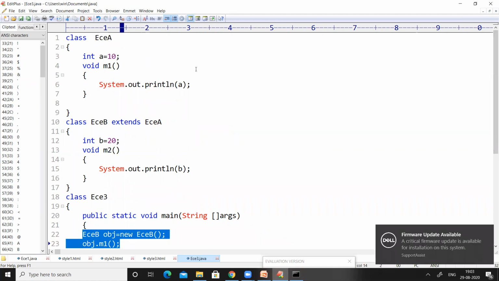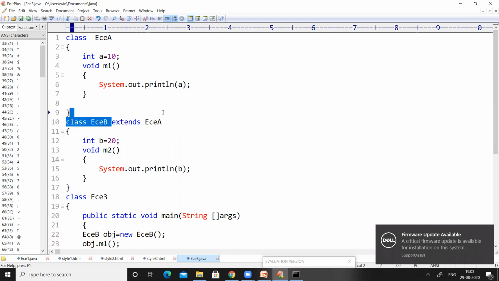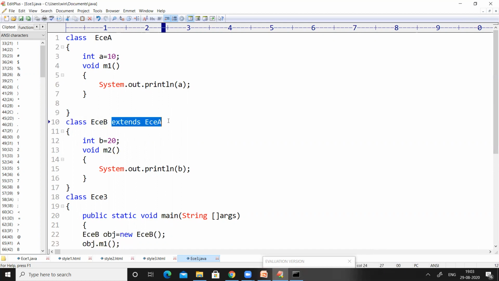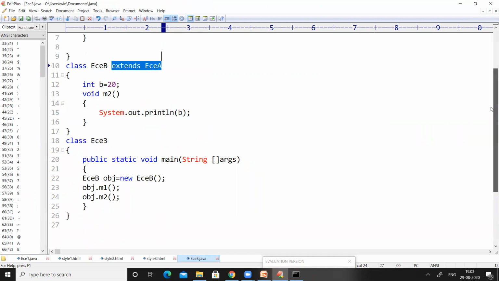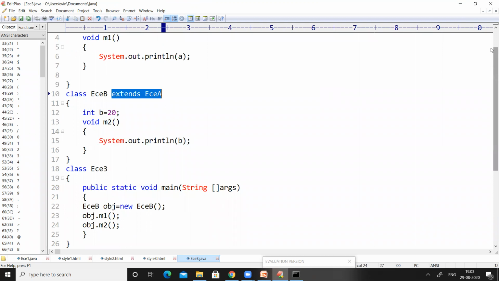How is it possible? It is possible only by using the extends keyword. That means we have inherited int A and M1 into class B without rewriting them. So now the object of class B can access the elements of class B along with the elements of class A also, because of this particular statement, extends ECEA.